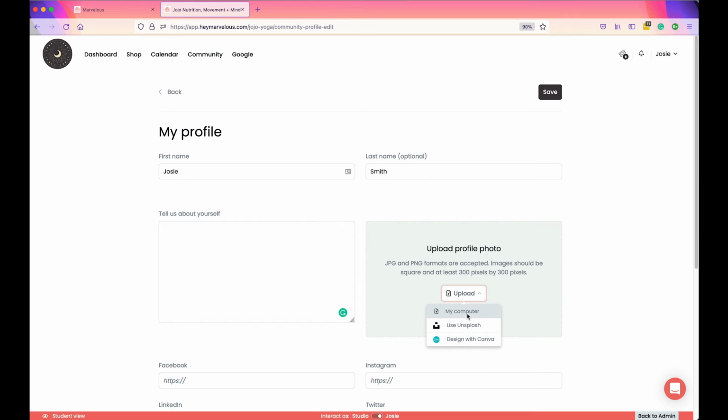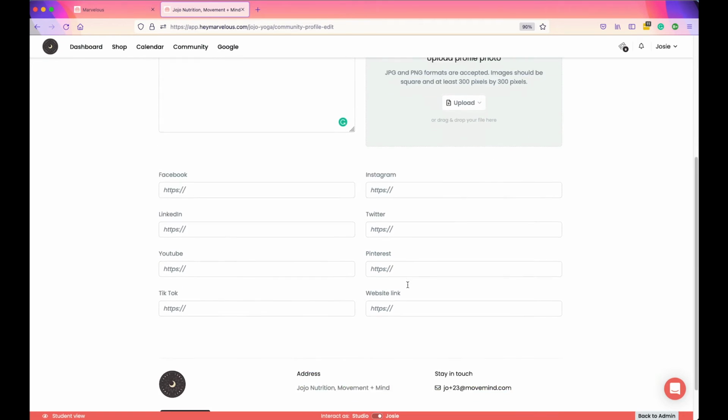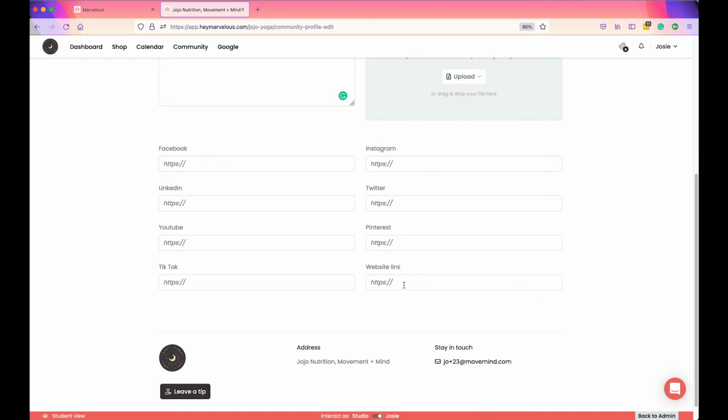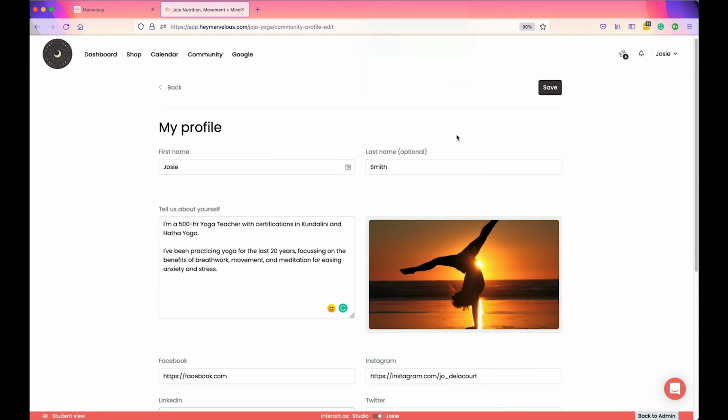For this, you've got My Computer, use Unsplash or Design with Canva. And then you can include all of your social links that you want. Anything that you don't put any information in won't show on your page. I'm going to go ahead and fill out my profile. Now I've completed my profile, I'm going to click Save